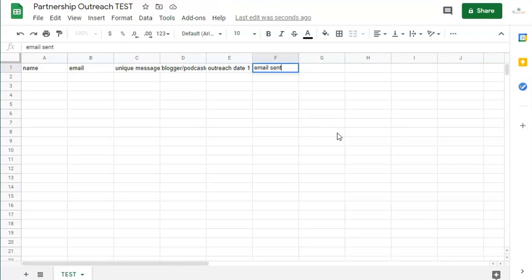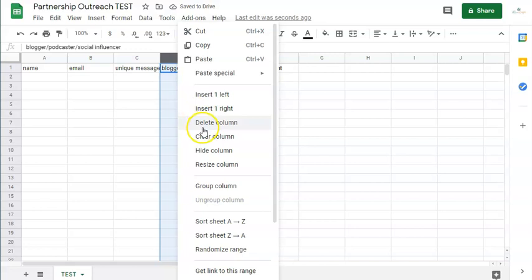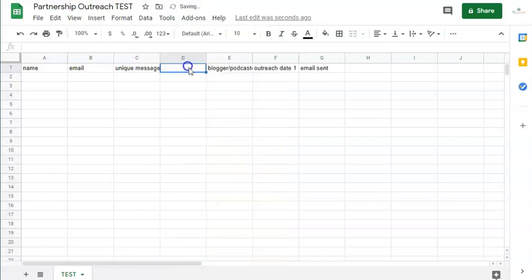This column, actually, let's include media outlet. Let's include media outlet here. So media outlet would be the name of the blog or the name of the podcast. The unique message is the message that's tailored specifically for the person that you're pitching or the brand that you're pitching. And then email sent,